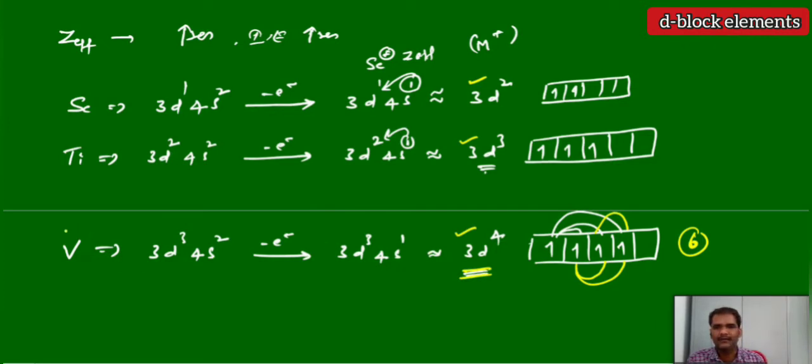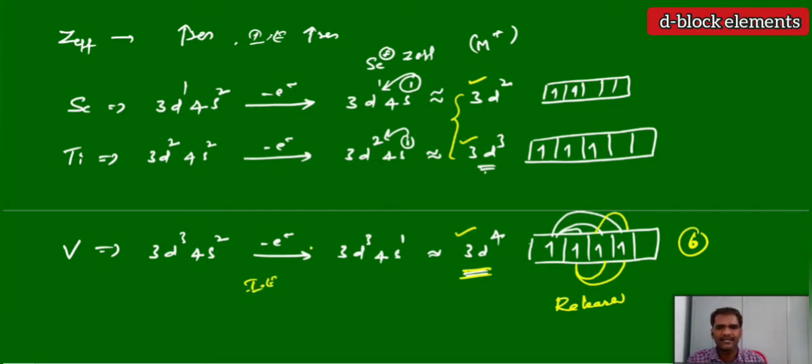Means if you remove an electron from vanadium, we are getting the stable configuration compared to scandium and titanium. Scandium and titanium are not giving the stable electronic configuration, but vanadium can give the stable electronic configuration. That is due to the more exchange energies, more amount of energy released. Now overall, this exchange energy is nothing but released energy. And what is ionization energy? Ionization energy is nothing but energy gained, energy absorbed.